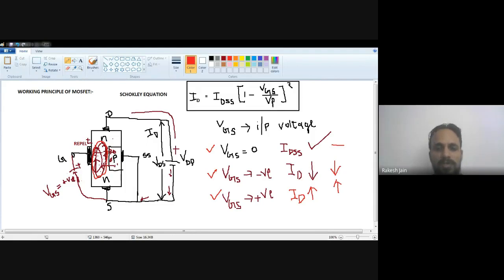Now we will see certain objective questions which are most frequently asked. First of all, as a conclusion, if someone asks what is the difference between a BJT and a MOSFET, the simple things are these. In a BJT, the output current depends on the input current, or the output current is just the amplification of the input current. But in the MOSFET, the output current varies in accordance with the applied input voltage. The BJT was a current driven device, but the MOSFET is a voltage driven device.